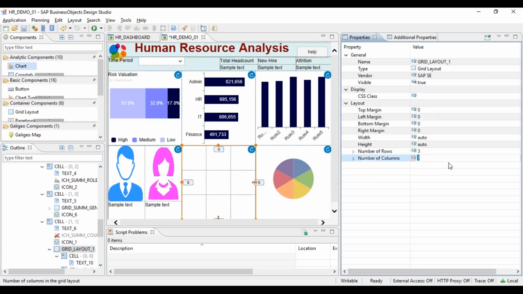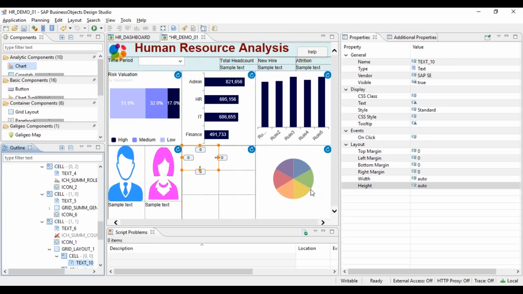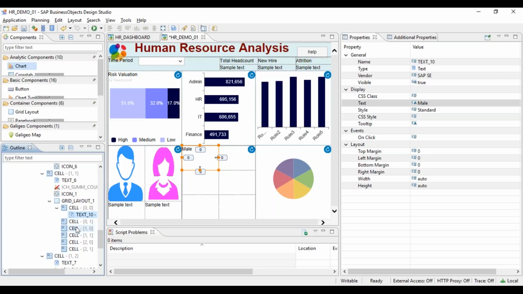So this is for male, and another one is for female.